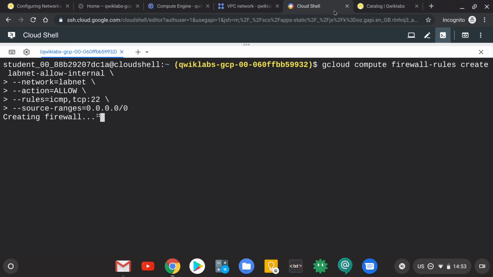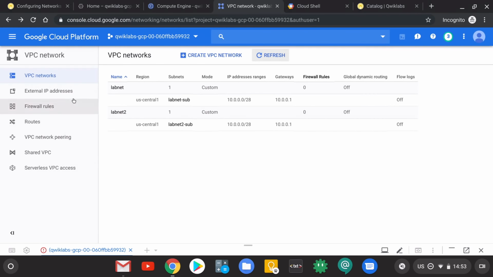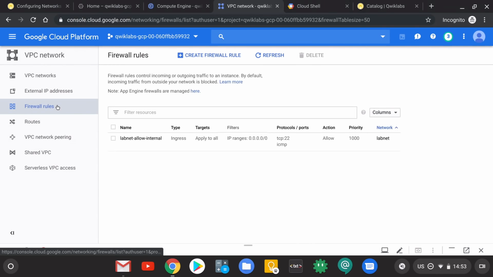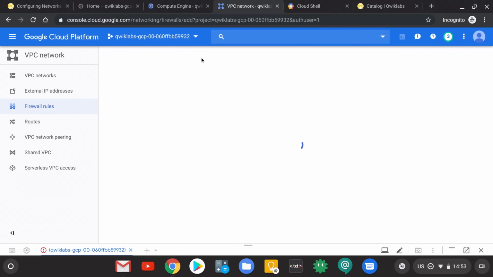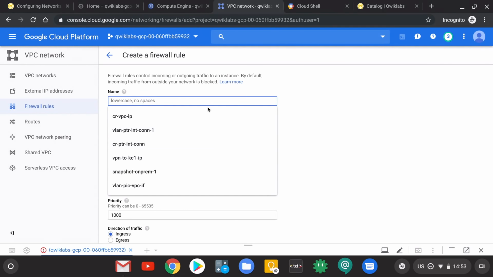So creating firewall rule. Now, where would the firewall rule appear in my console? Right next to it, there's firewall rules under VPC networks, and you see labnet allow internal is set up. What if I want to do a firewall rule using the GUI, but now I apply it to labnet2? So let's go ahead and create a firewall rule. I'll create a new one, and I'll call this,